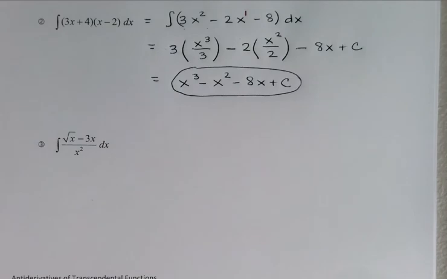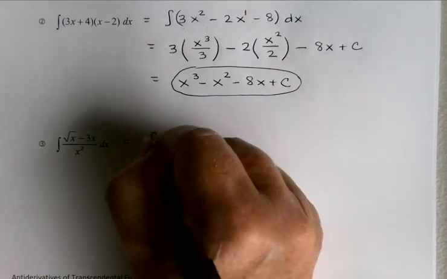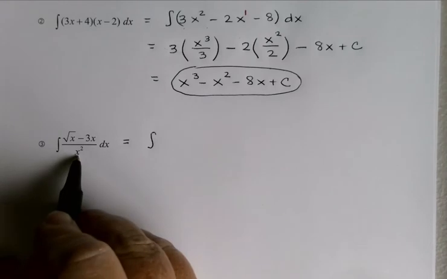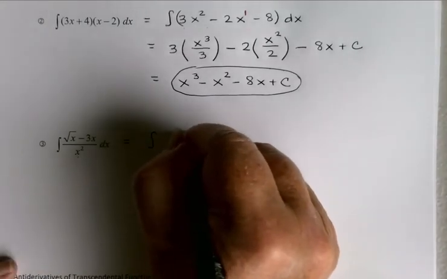All right, I have a similar problem with example 3. Right now it's written as a quotient, and I have no rules for taking antiderivatives of quotients. So I'll need to do some algebra first. I'm going to show you something a lot of people like to do. If you want to, you can just take that x squared from the bottom and bring it up as an